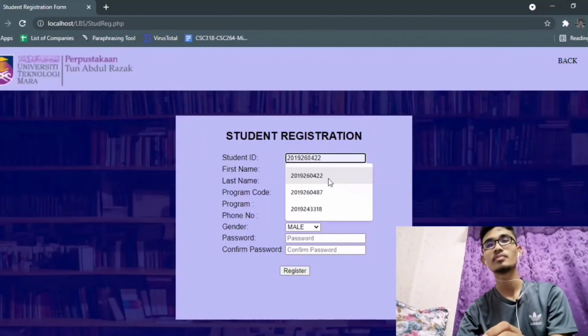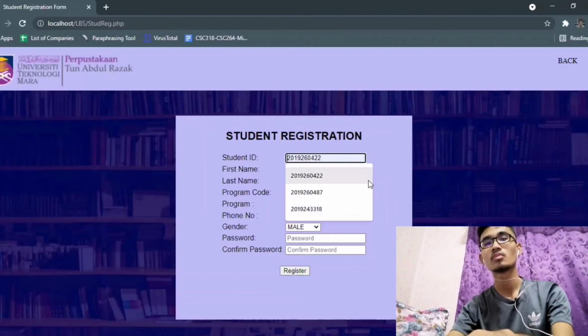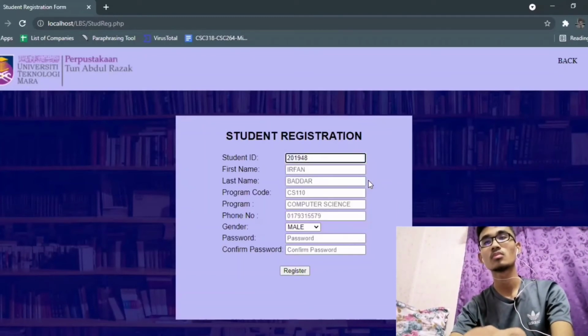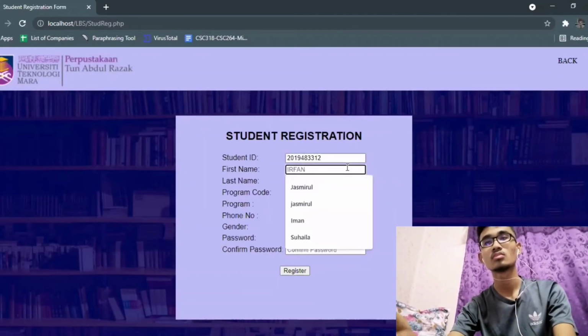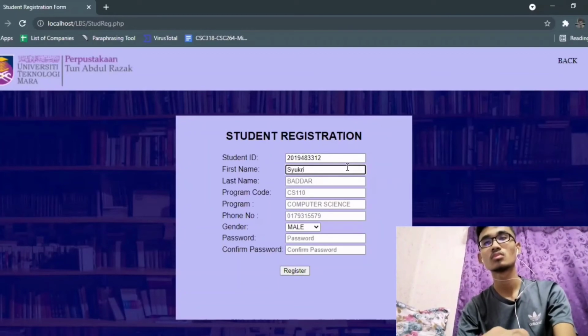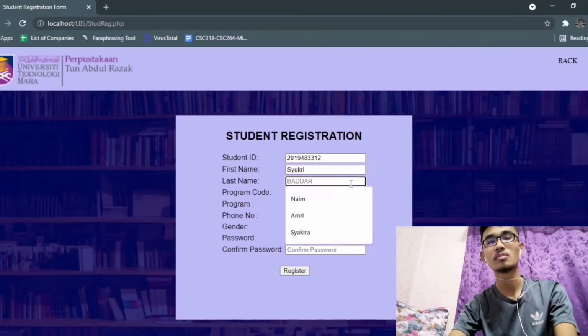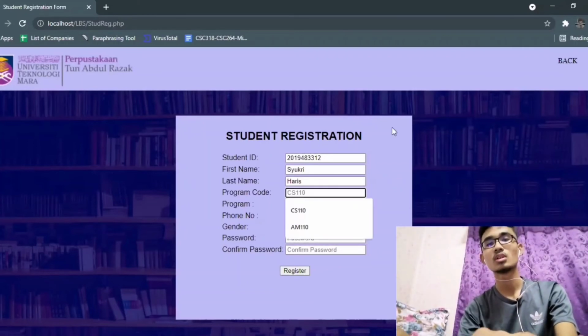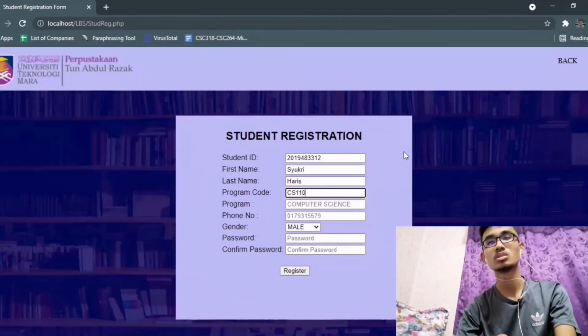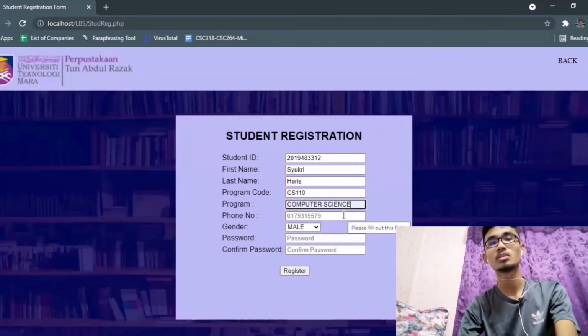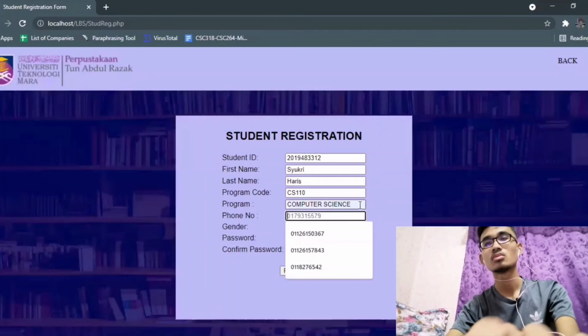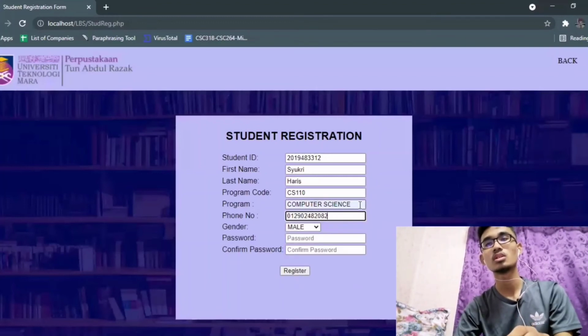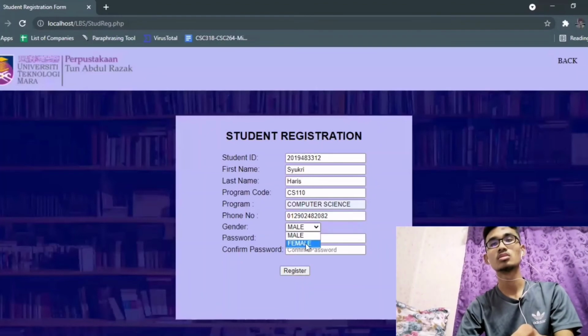Student ID, next is your first name, and your last name, and your program code name, CS1104, computer science, for program, phone number, just going to put a random number, your gender,